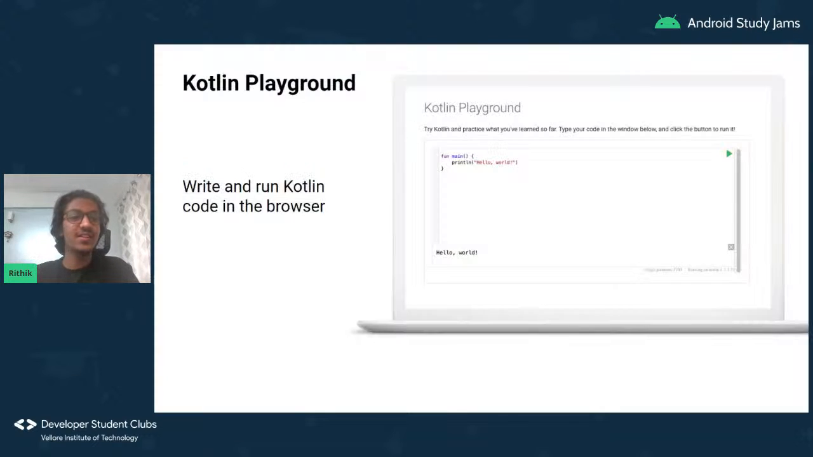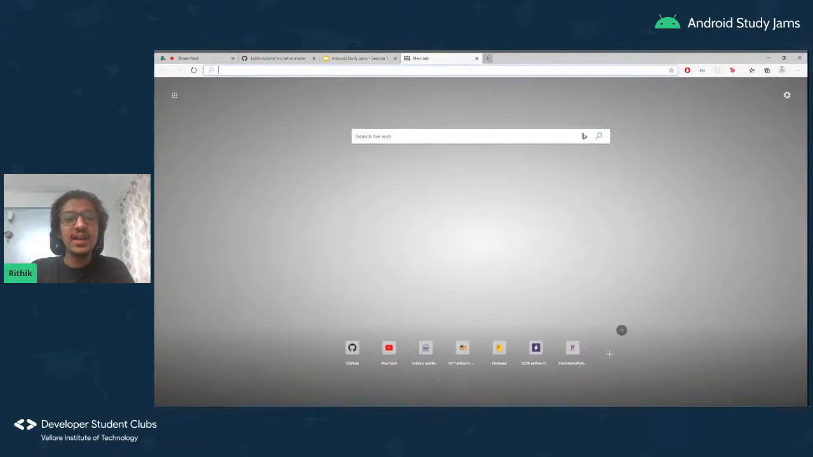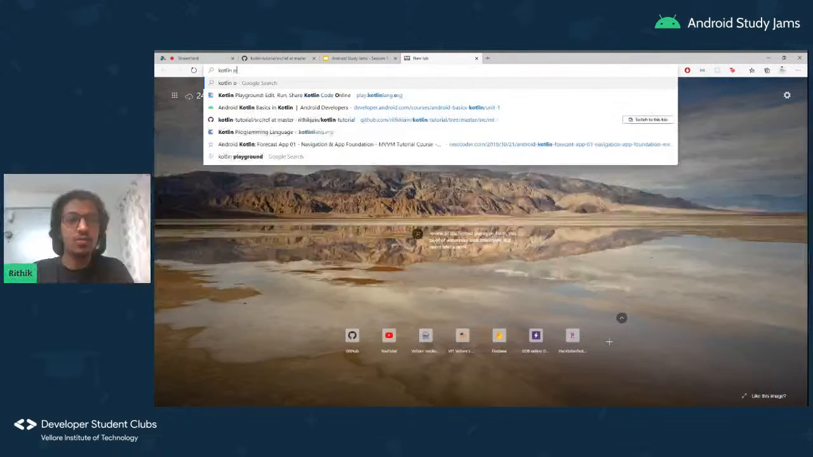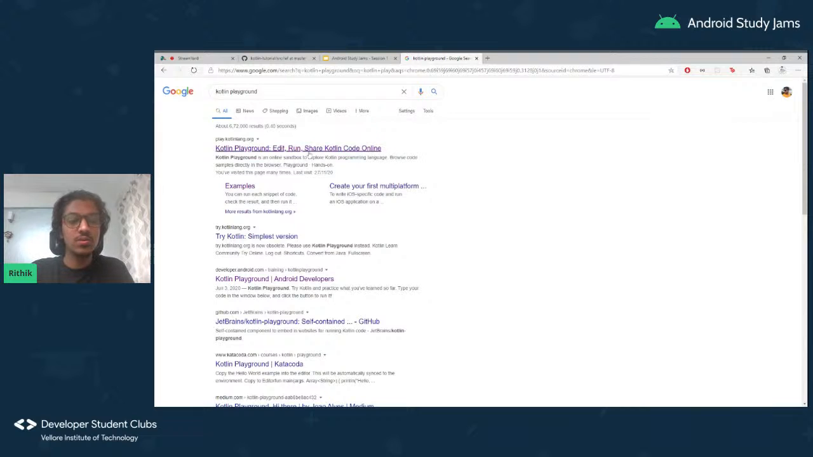Now, let's move on. So you might be wondering, how do we run the Kotlin code? Will we have to install the software, or can we run it anywhere else? So you can run it in your browser using Kotlin Playgrounds. Now, how you reach Kotlin Playground is that you can directly search Kotlin Playground in Google and click on the first link you get,